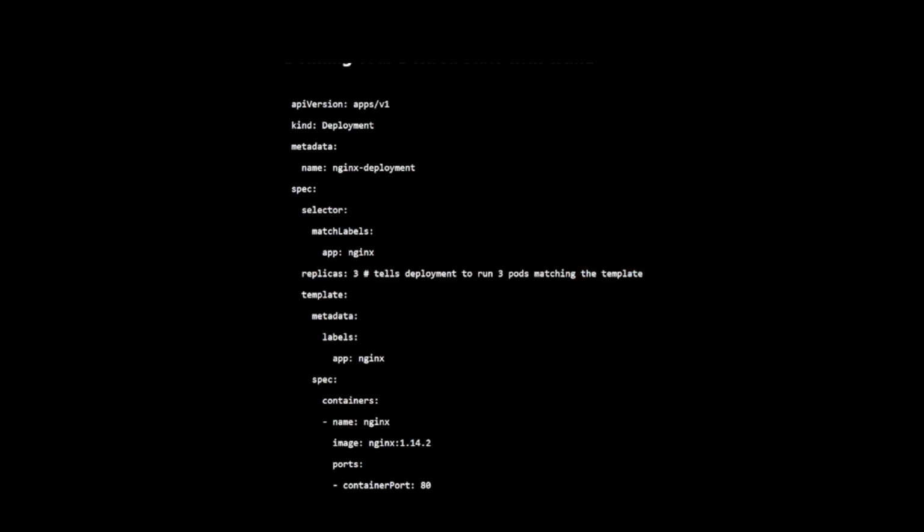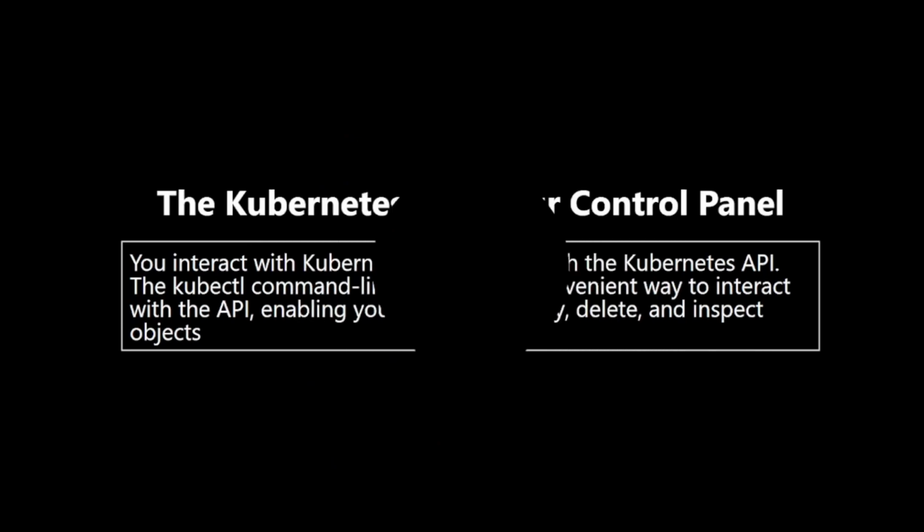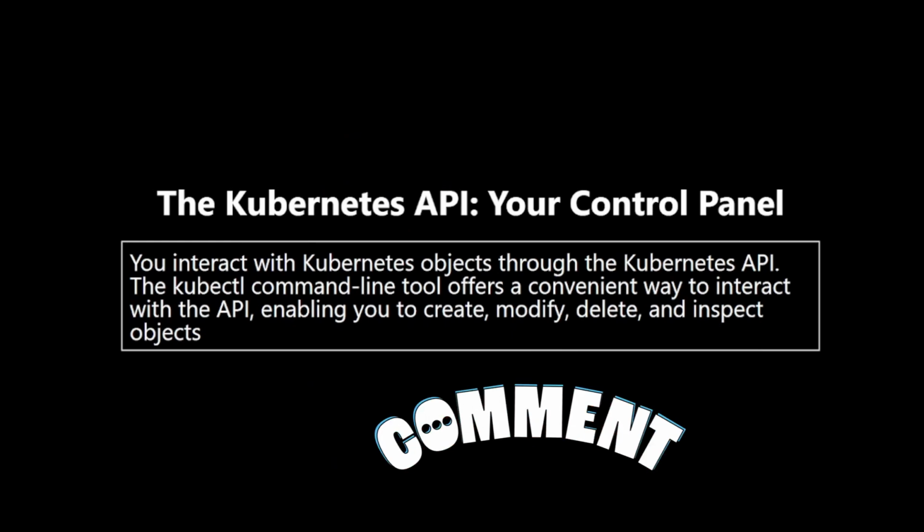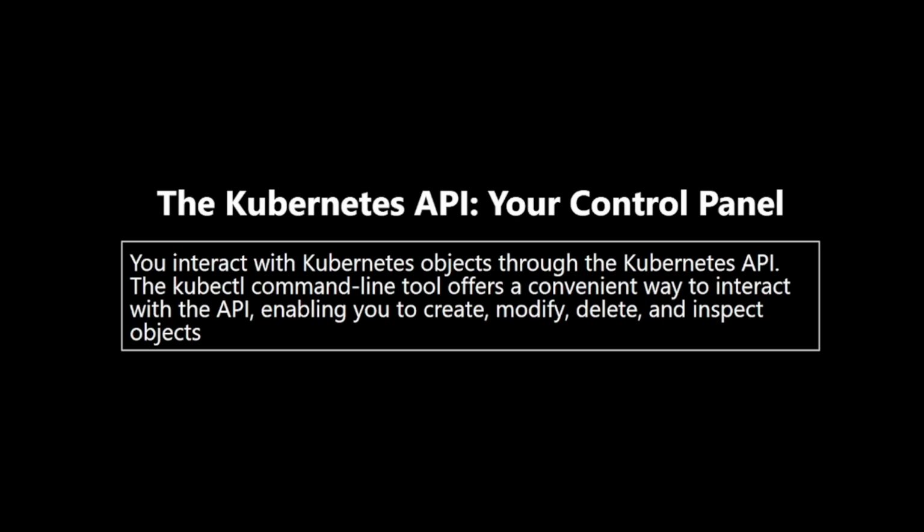The power of the Kubernetes API. You interact with Kubernetes objects through the Kubernetes API, a powerful interface that allows you to manage your cluster programmatically. The kubectl command line tool provides a user-friendly way to interact with the API, allowing you to create, modify, delete, and inspect objects. Objects can be used with the following: labels and selectors,